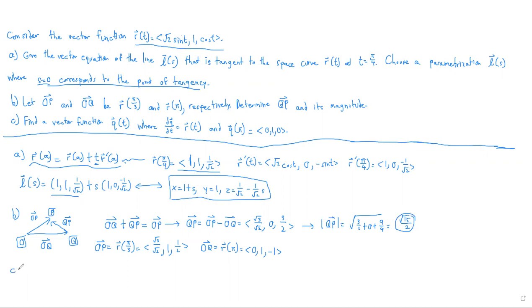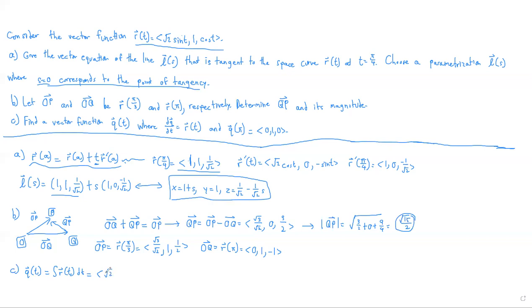And lastly, part C. So the derivative of Q of t is R of t. If the derivative of Q of t is R of t, then Q of t is the integral of R of t. Okay, and the integral of R of t, we just integrate each component of the vectors here for R of t. So that is equal to